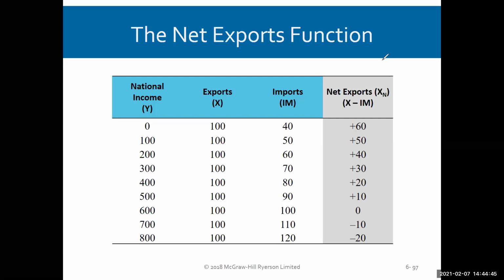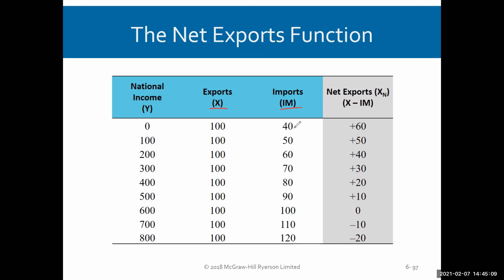Okay, on the left, we have our standard income range starting at 0 and rising to 800, covering the whole stretch there. And we see that exports are 100% autonomous, means they stay at 100 because it's foreign incomes and foreigners' income that buys our exports. So we don't have any control over that. So in our model, we say it's autonomous. And imports have